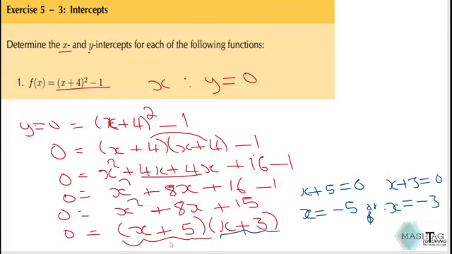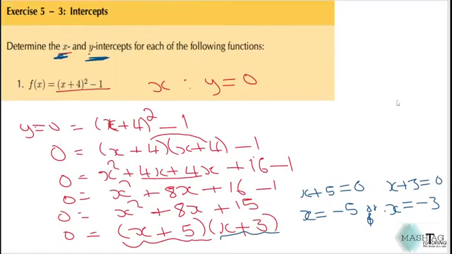That means your graph must be cutting the x-axis at either -5 and also at 3. Okay, then now what's left is the y-intercept. So we have to do the y-intercept, right? To do the y-intercept, remember, when you talk about y-intercept, you're saying